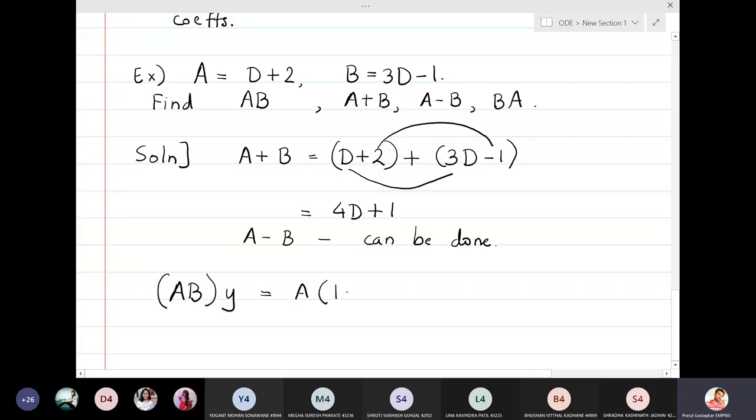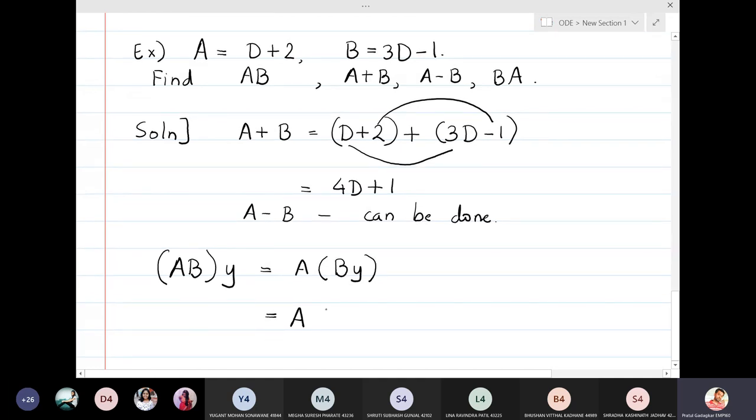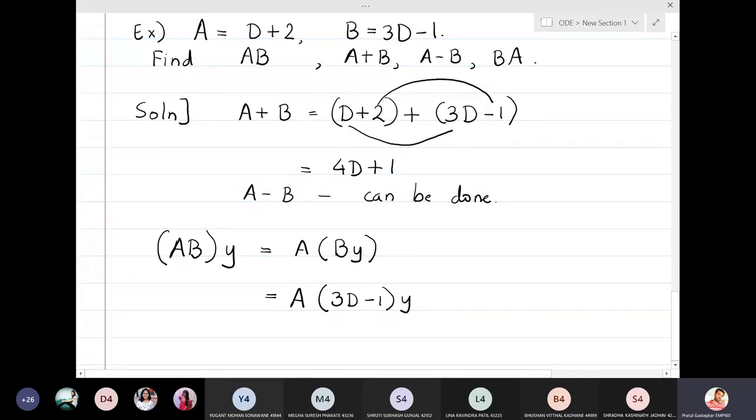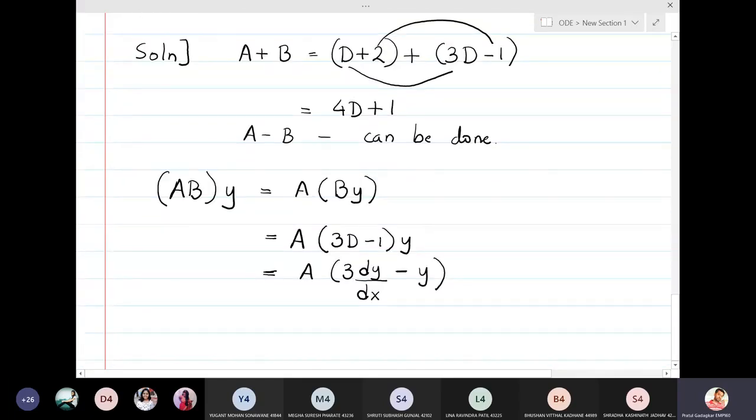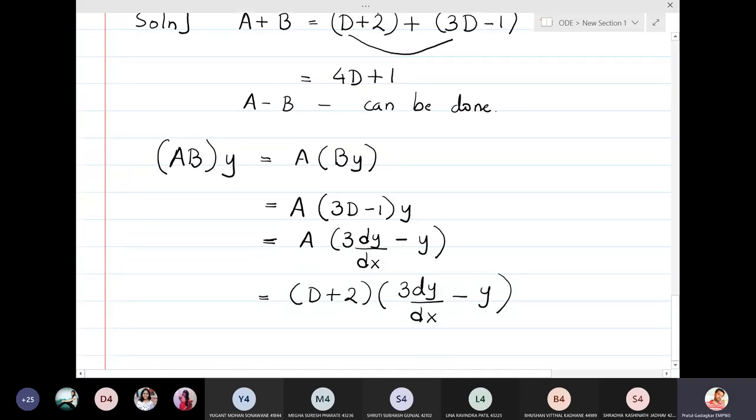What is ABy? Which is A of By, which is equal to A of, what is B? B is 3D minus 1, y, which is equal to A of 3 dy by dx, because D means derivative, minus y. What is A? A is D plus 2. D plus 2 of 3 dy by dx minus y